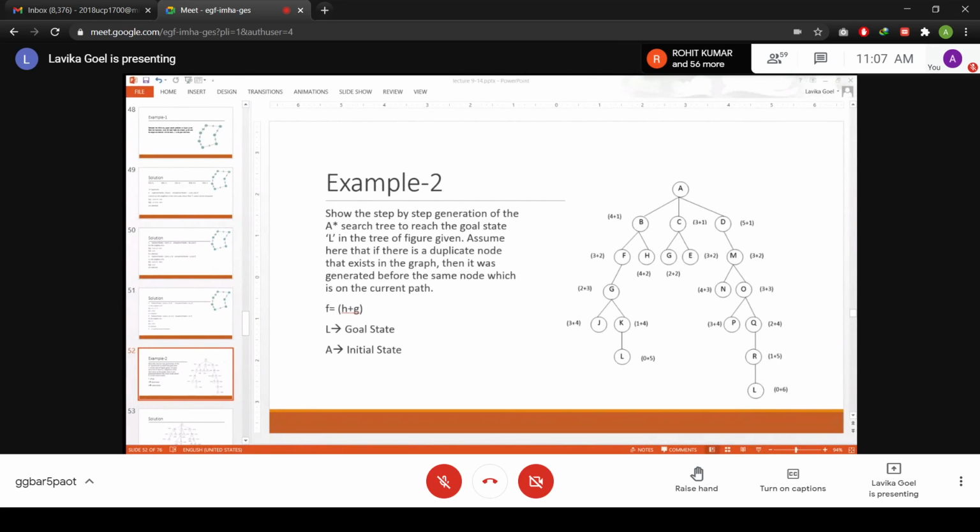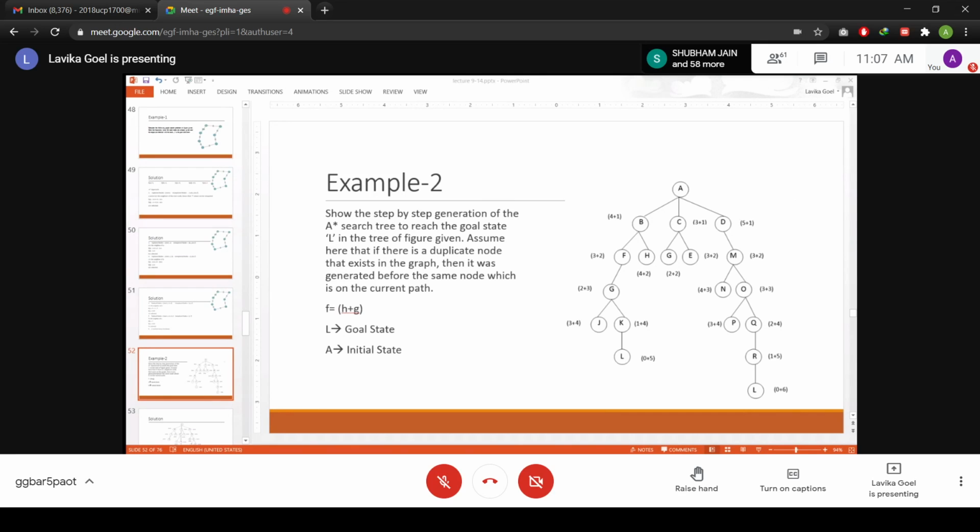I'm taking this assumption because I want you to understand the concept of how to work with duplicate nodes. So if some node is coming and it is an already existing node in the graph, then we assume that it is a duplicate node, that is, it was already generated. It might be in the open list or in the closed list, or it might not be there. So for convenience, just to explain the concept of how to work with duplicate nodes, I'm assuming this.